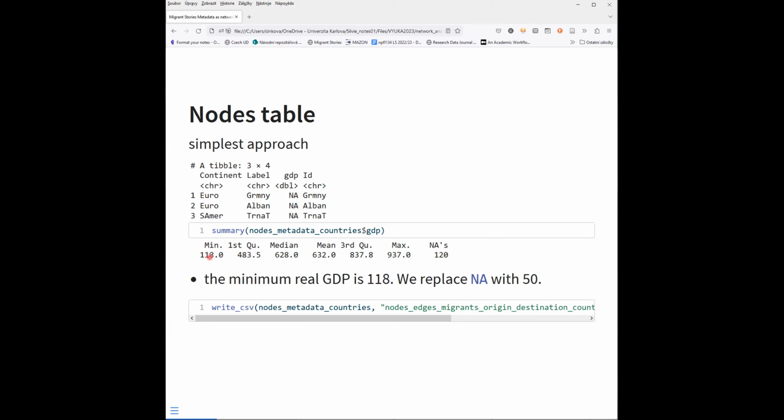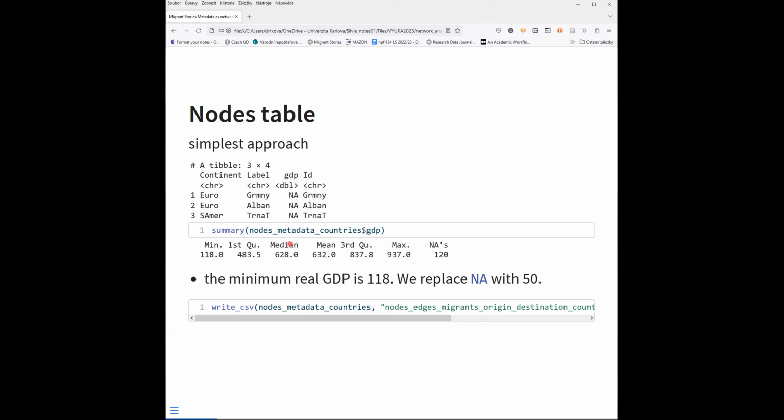and here we have the minimum GDP per capita, something above $100, and this would be almost $1,000. That means that's pretty low. So this would mean that we absolutely don't have the rich countries. I can tell you that there are 142 countries in the data, and 120 of them are NAs. So we should